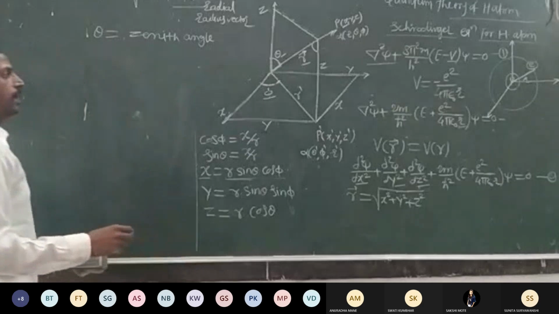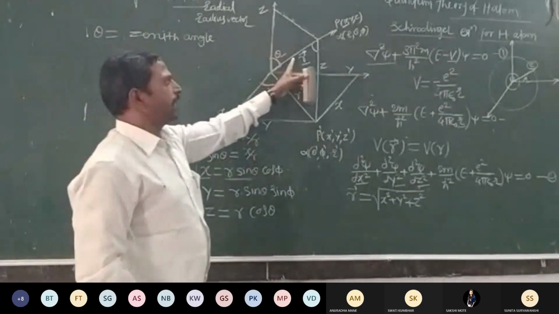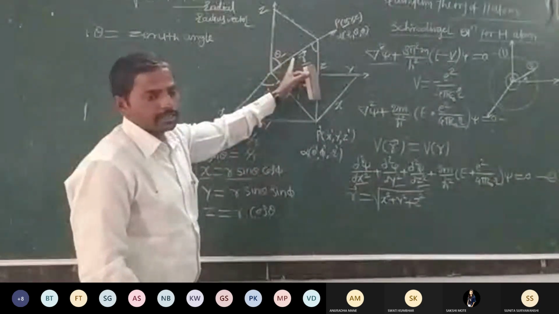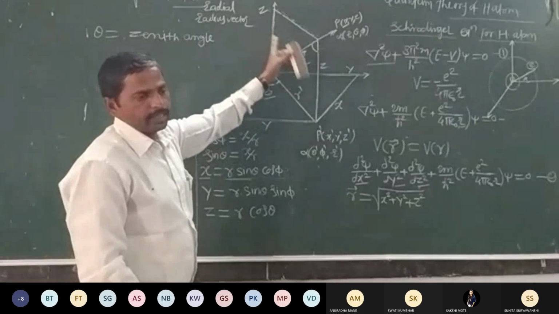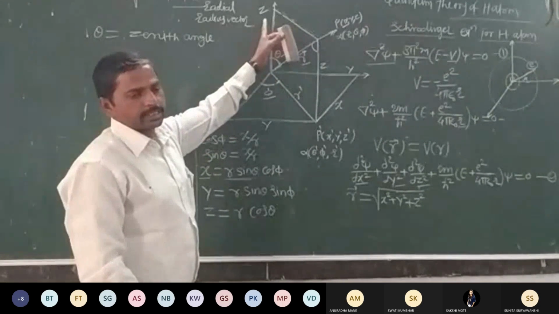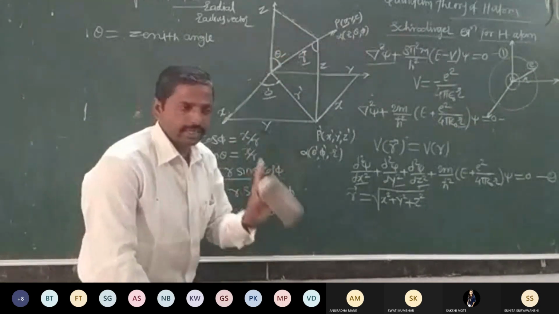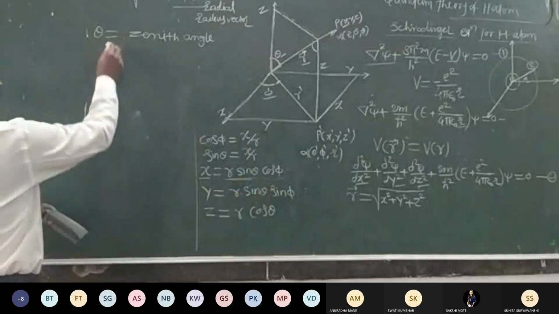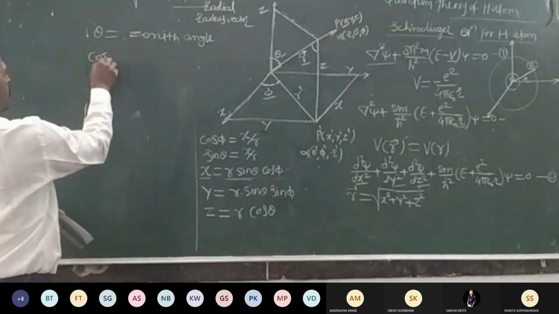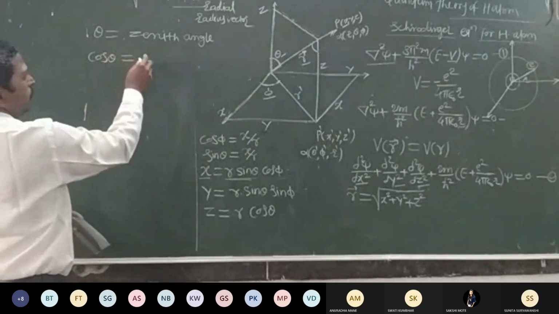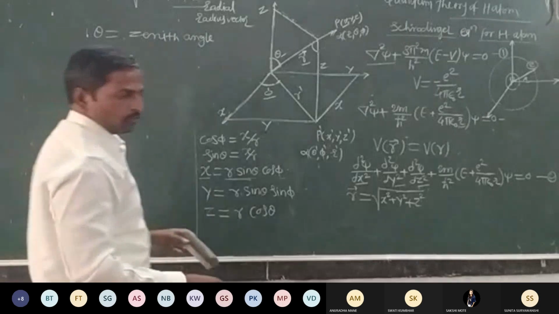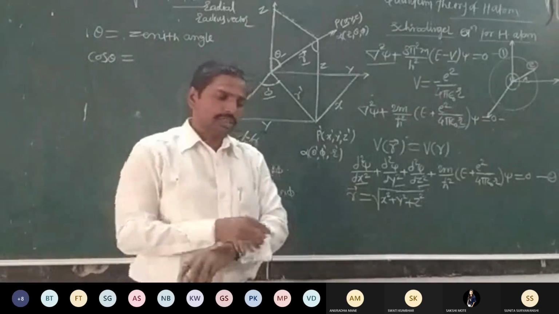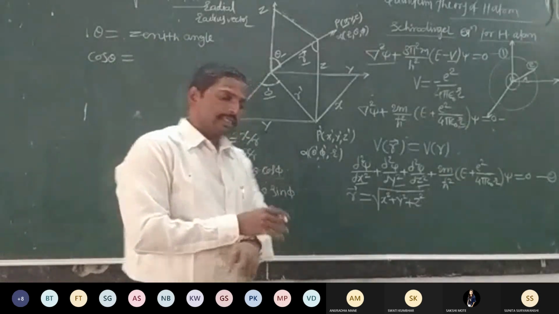What is the zenith angle: the angle between z axis and vector r is called zenith angle. ठीक है, and for that zenith angle, cos theta is equal